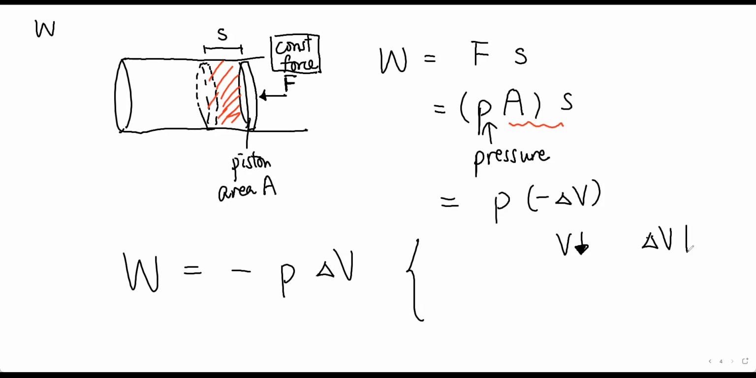So if the volume decreases, then the change in volume is negative. If the volume increases, the change in volume is positive. So if the volume decreases, how about the work done? Is it positive or negative? If just looking at this formula, it will be positive, because this one is negative, and negative times negative will give you positive. So in that case, the work done will be positive. How about if the volume increases, then the work done will be